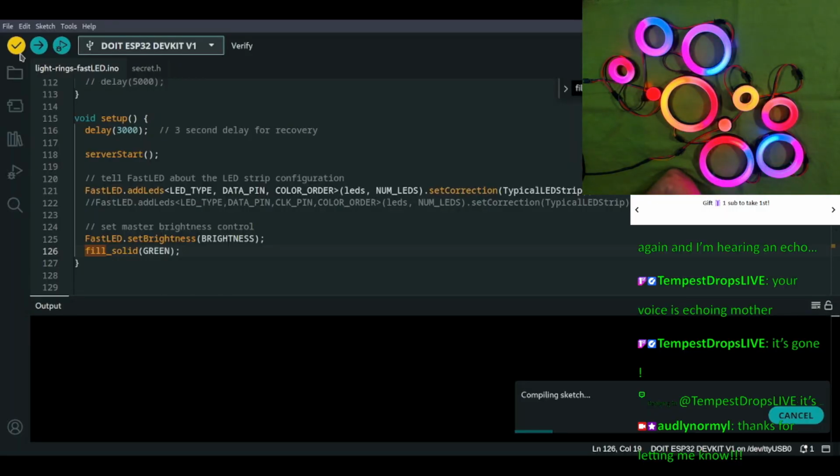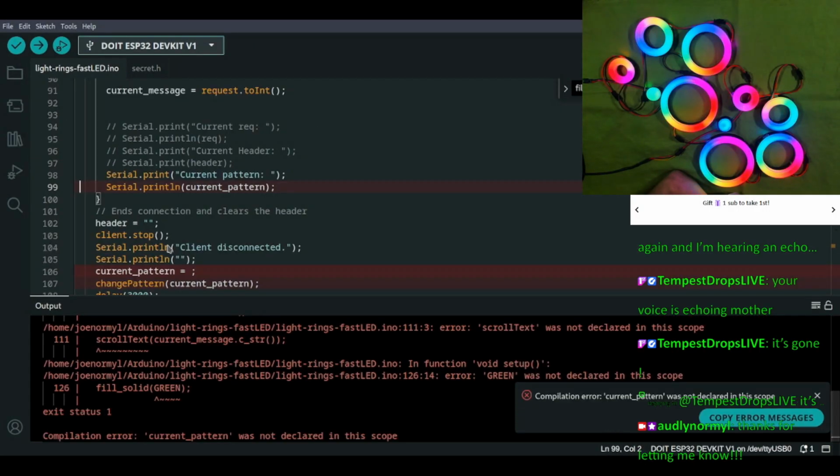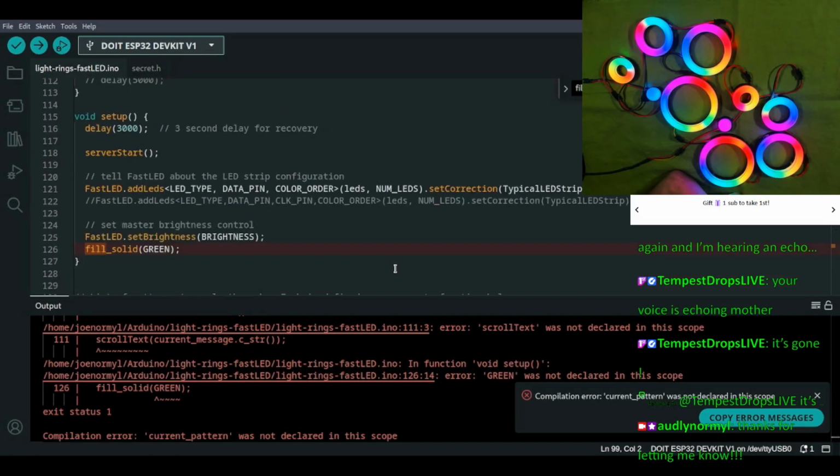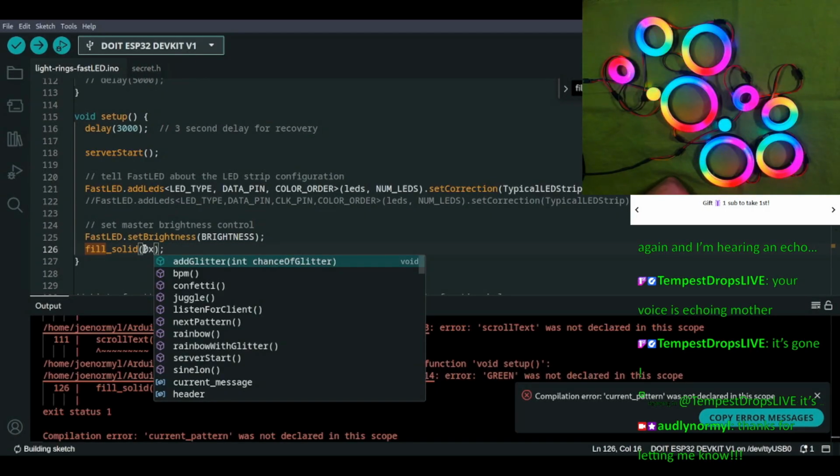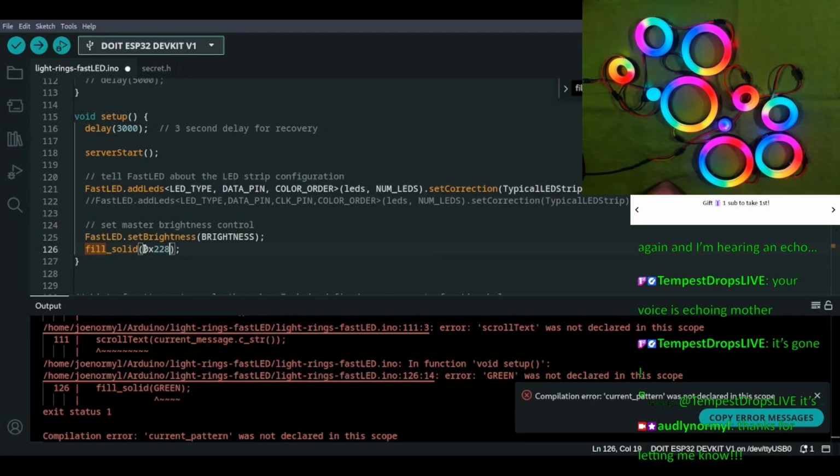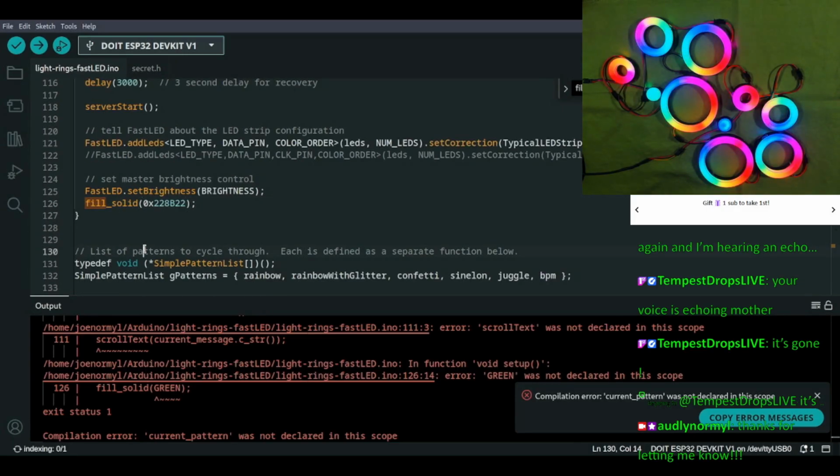I don't know, a green or, yeah, whatever. Yeah, dark sea green is good. All right. 0x228B22. All right.